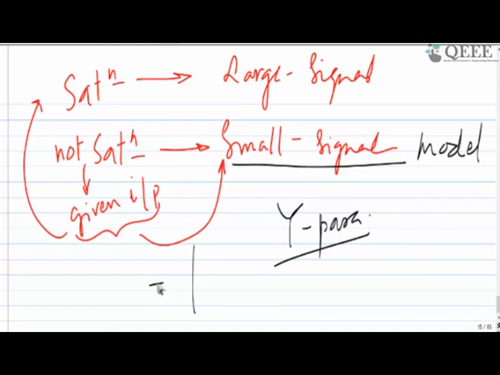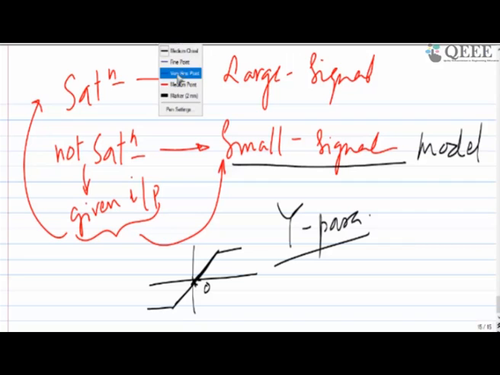They have asked one question: whether the transistor is actually linear. You are calling the transistor non-linear, but still I am calling it linear. What do I mean by linear? Linear means this, crossing from zero. Assume that it's crossing from zero and it's getting saturated. So it's linear only here, not here.